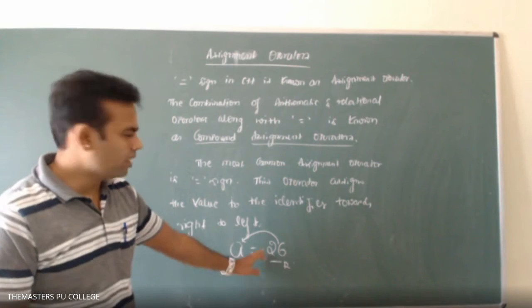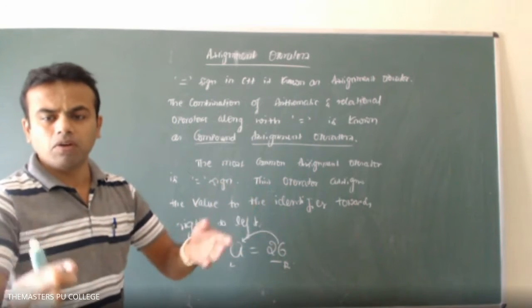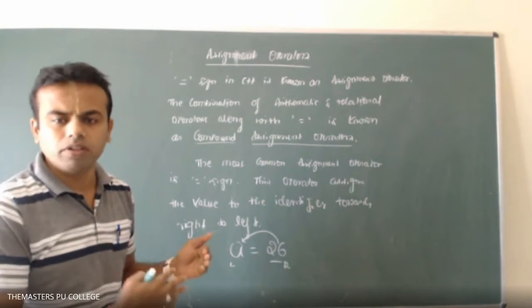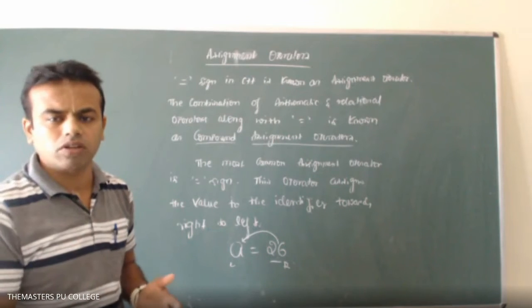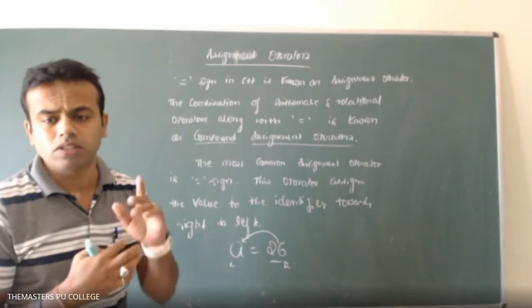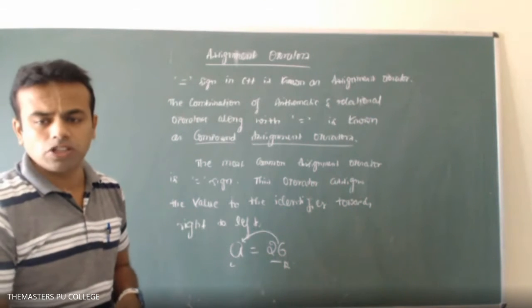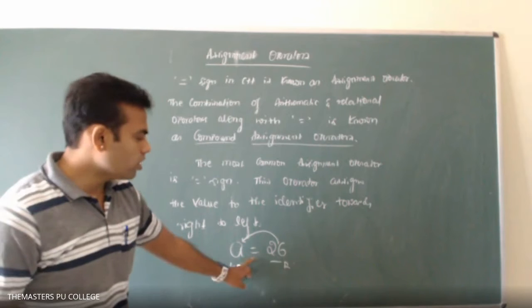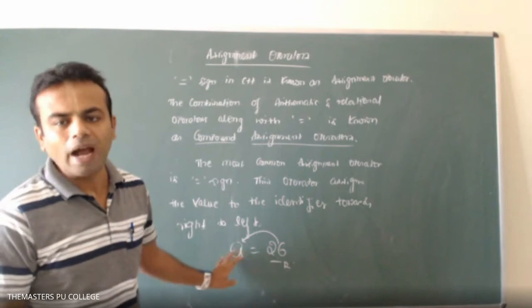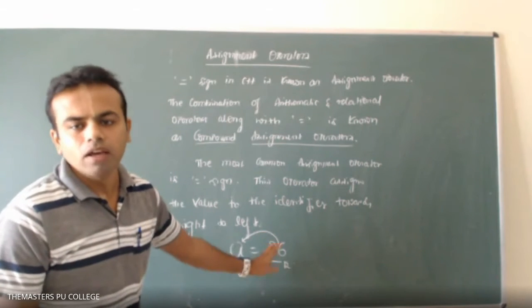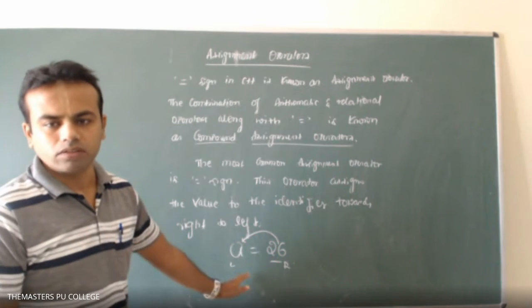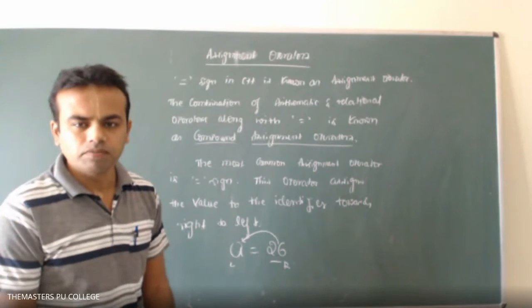You can give any value you want. You know that: positive integer, negative integer, decimal integer constant, octal integer constant, hexadecimal integer constant, real numbers in fraction format, and exponential form, whatever you can take. So the equal sign assigns the value to the identifier. The identifier may be a variable or a constant. Is that clear?